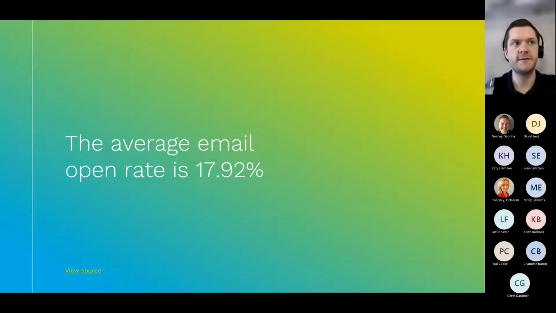As I said earlier, we've just started to filter some stats through this presentation just to give you a flavour of benchmark data. So actually you can go back and think, we sent an email recently, the open rate was 20%, and just start to understand how your emails are performing against others.